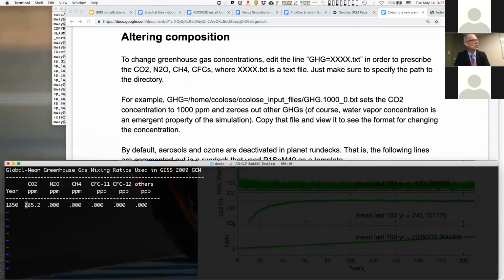So we want to put in 10% of the atmosphere to be CO2. But by number count or by mass? 100,000. Sorry? What did you say? 100,000. Isn't it, in planet params, supposed to be by mass? Yes, ppm, yes, but